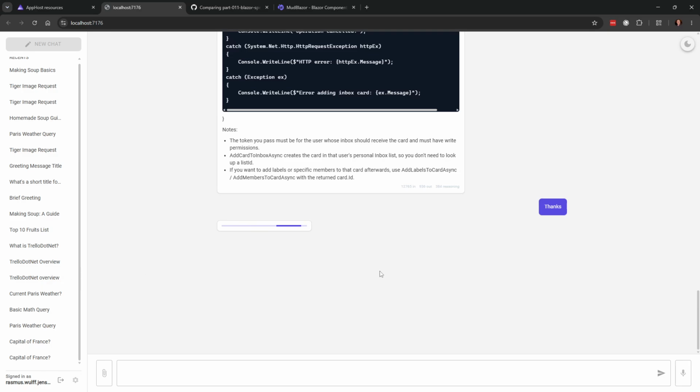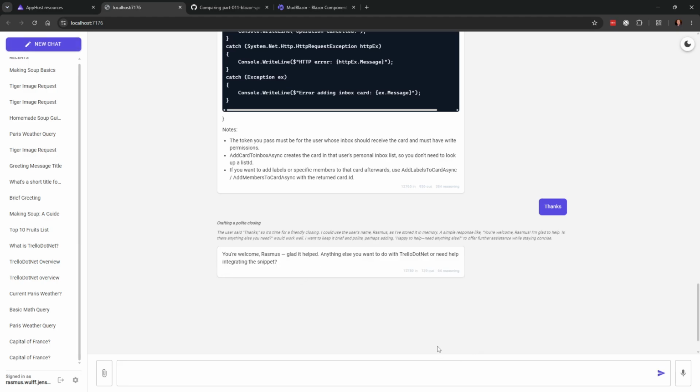You can also see that while we are generating, all the GUI has been locked down, so we can't suddenly start something new. You could argue that you might want to start two threads at the same time, but for now we've just closed it down so it doesn't give problems.